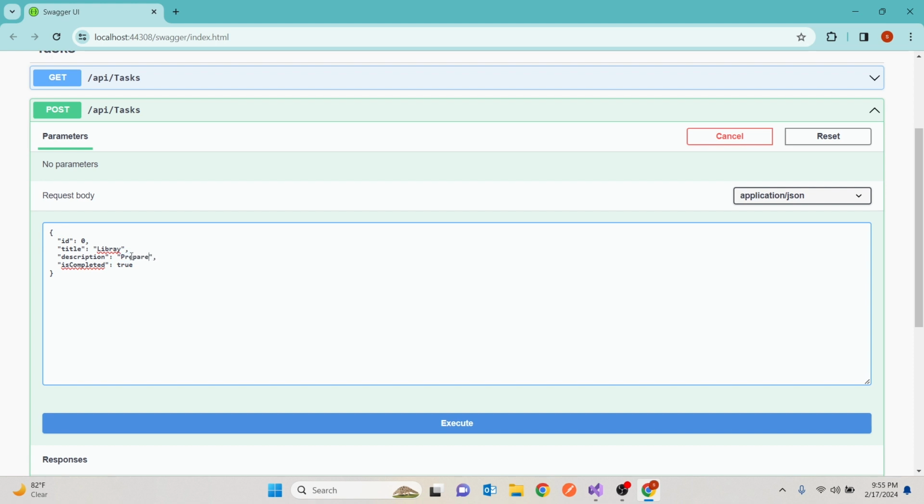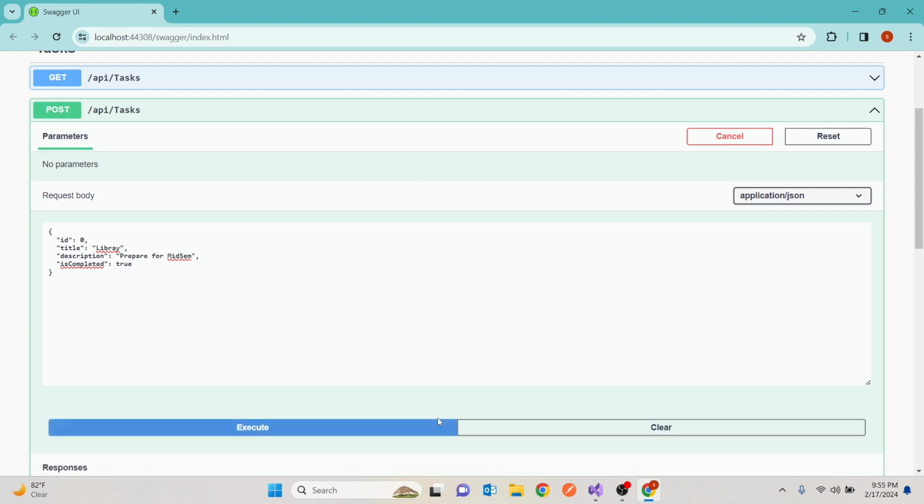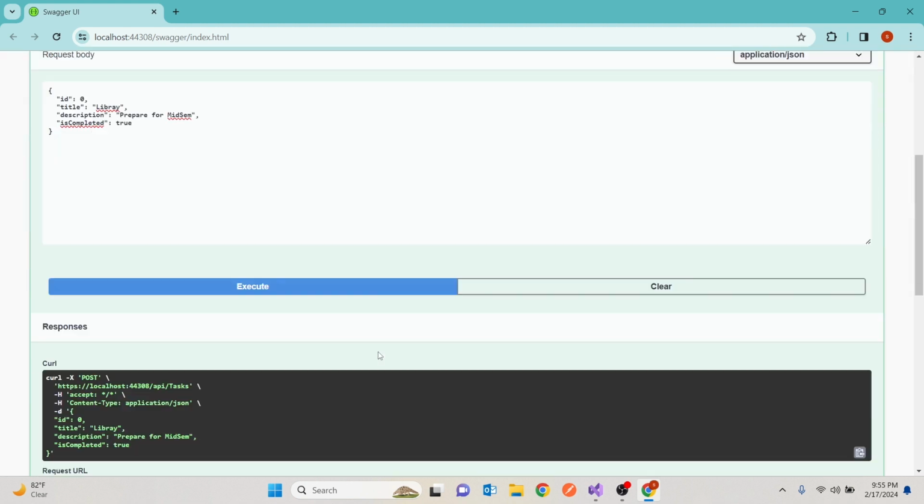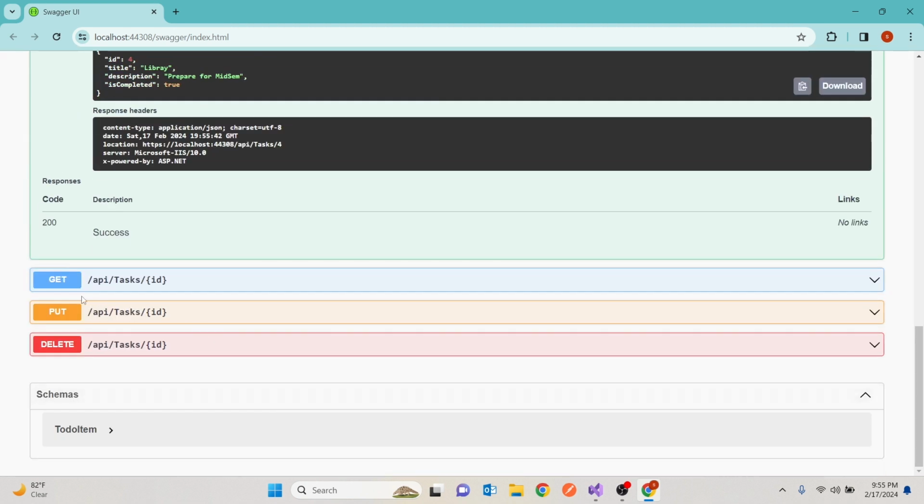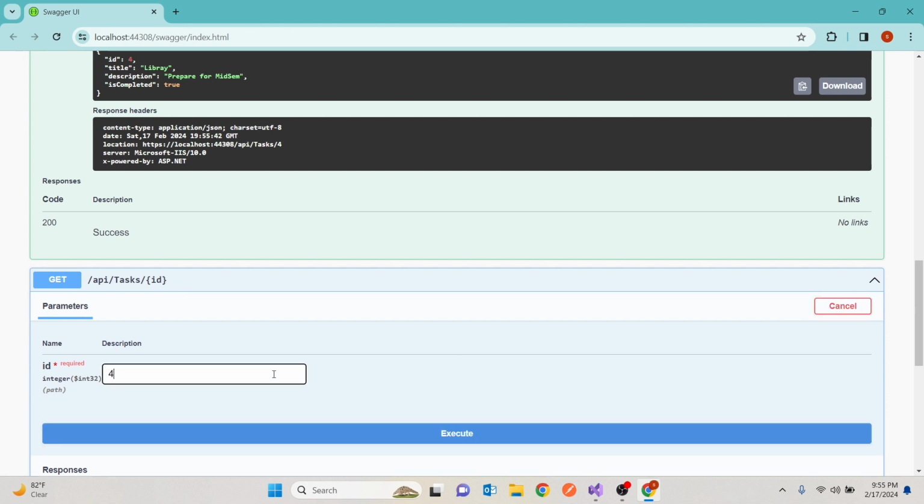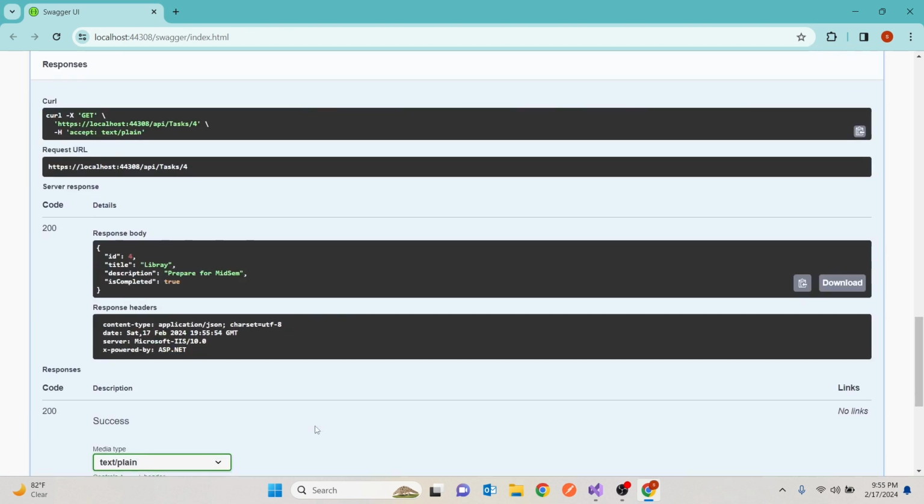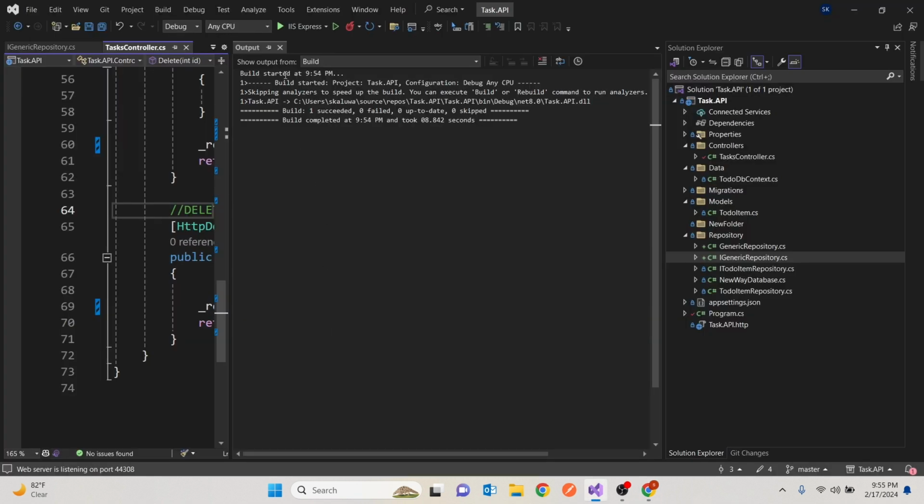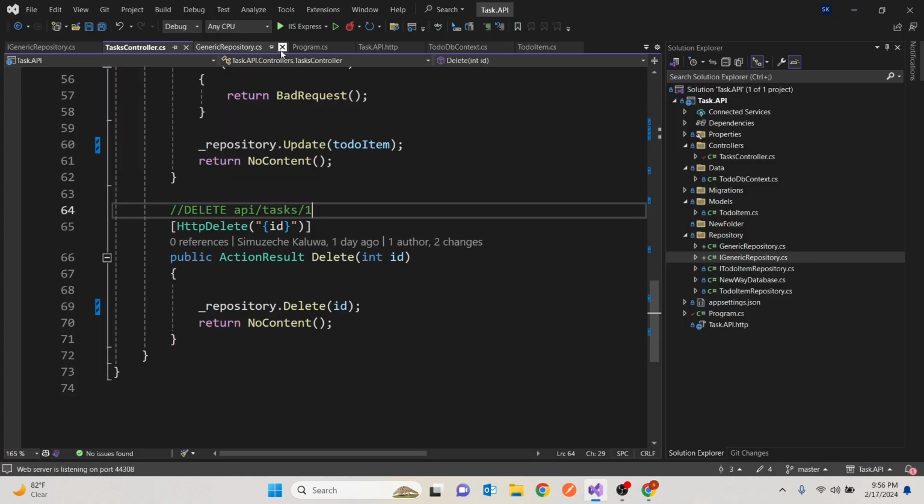We want to prepare for midsem, and we'll leave it like that. Then we execute that, and we'll see that that's created. If I try to go and get the ID for there, I should get that as well. Okay, there we go. So we have implemented our generic repository, but I always get a question to say,